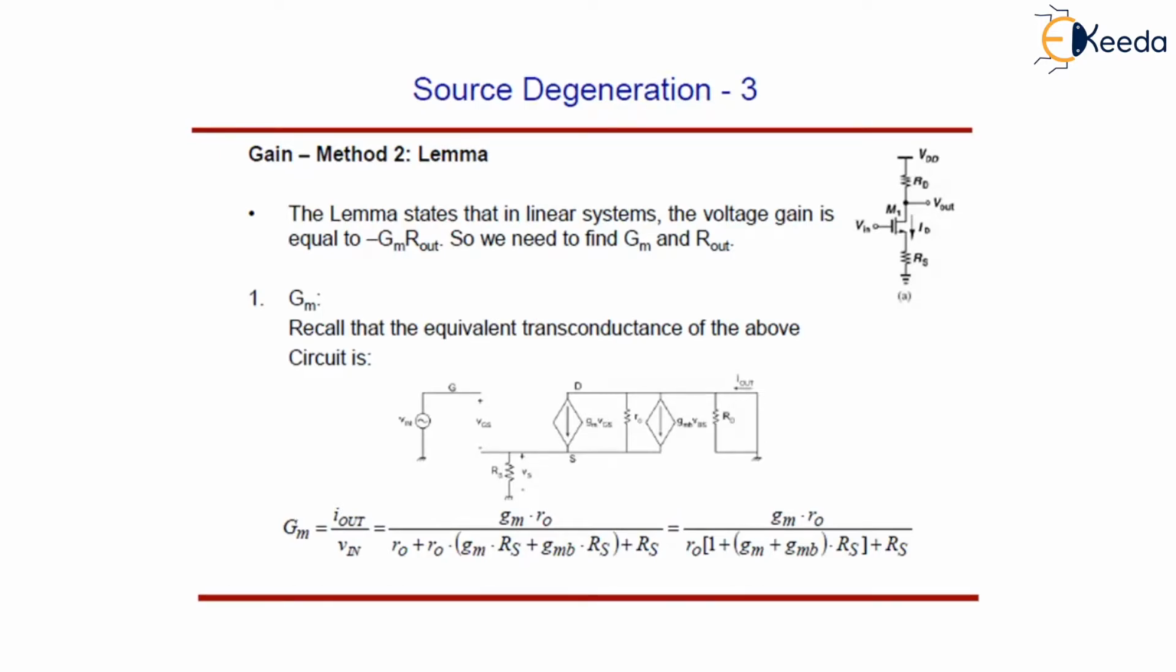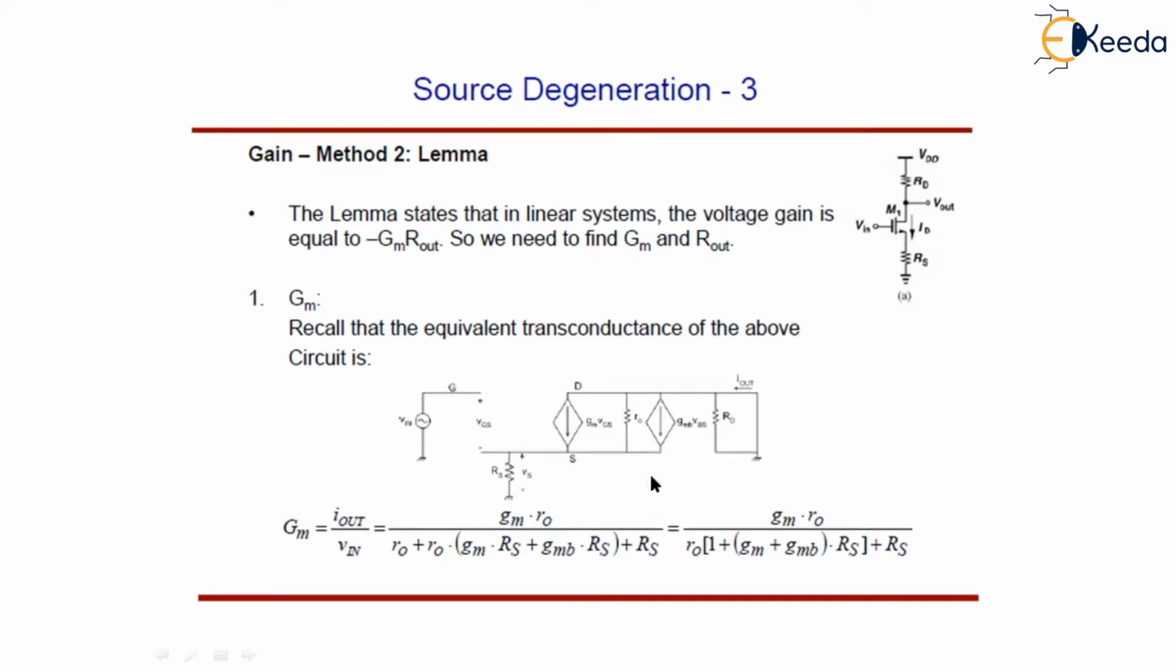Okay, so this lemma says, as we have already stated in the previous slide, that in a linear system the voltage gain is given by minus Gm R out. So we need to find the equivalent transconductance of this degenerated circuit, and the output impedance. Now how can we calculate that? Again, drawing the small signal model for this circuit, what we get,